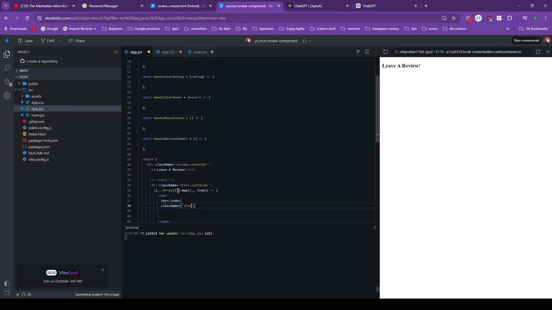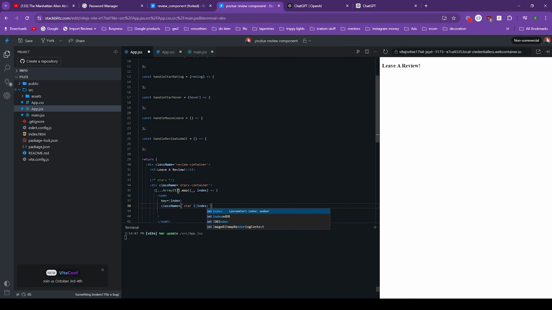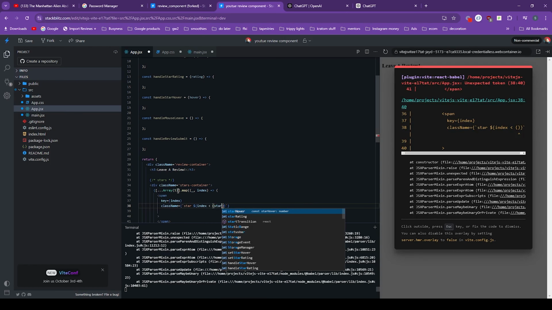So we're calling each index that's going to be representing each star, if that makes sense. And the variables, the JavaScript variables that we're going to be using here is we're going to be using the index. So you want to do the $, curly brackets, less than, and I'll explain this, parentheses, star hover,